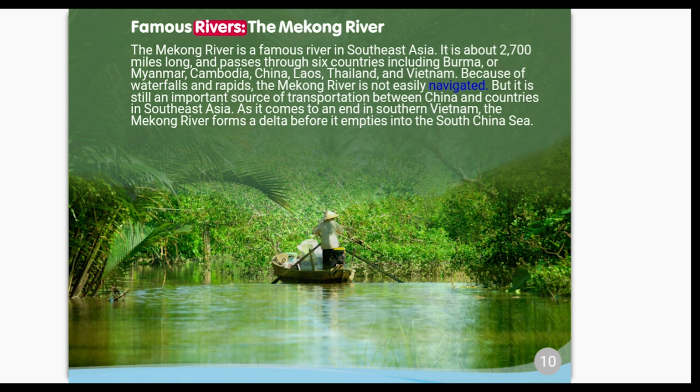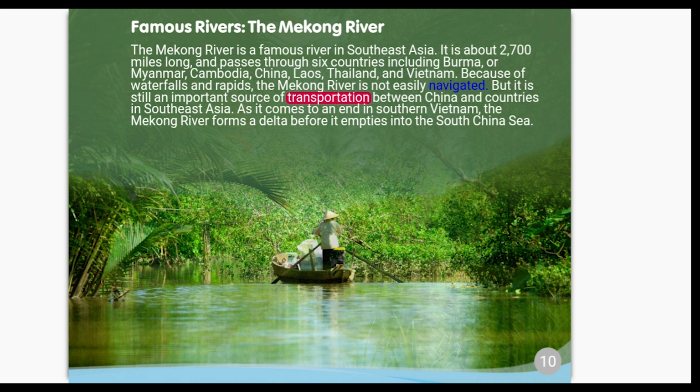Famous rivers. The Mekong River. The Mekong River is a famous river in Southeast Asia. It is about 2,700 miles long and passes through 6 countries, including Burma or Myanmar, Cambodia, China, Laos, Thailand, and Vietnam. Because of waterfalls and rapids, the Mekong River is not easily navigated, but it is still an important source